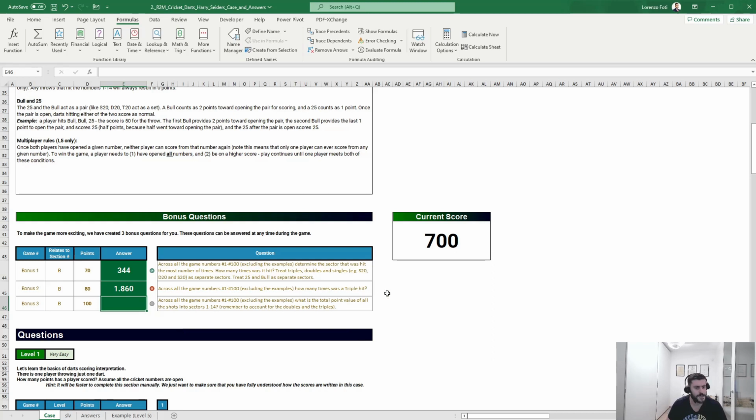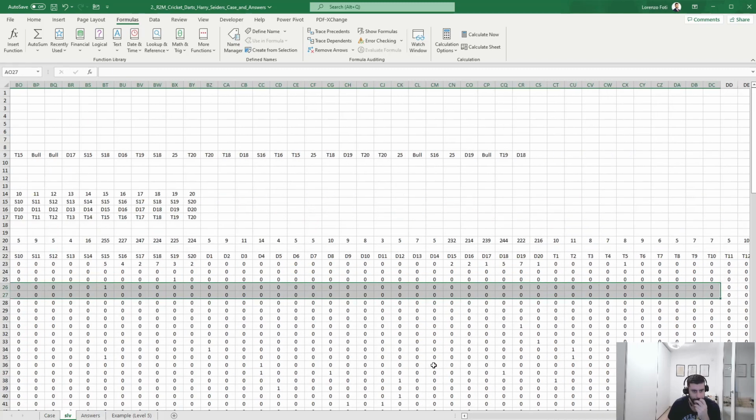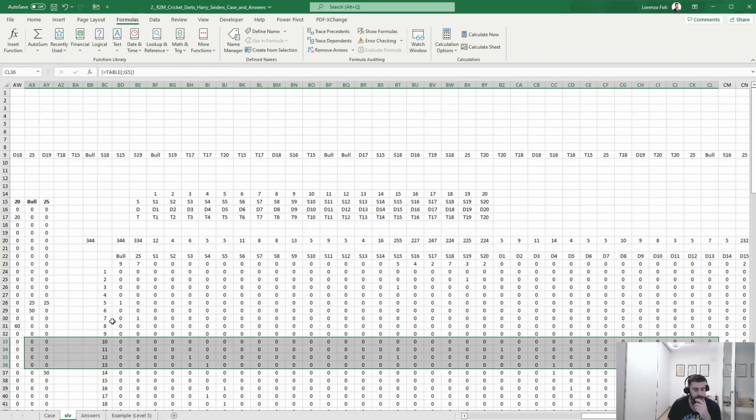Total point value of all the shots into sectors 1 to 14. Remember to account for doubles and triples here. Honestly, I answered 0 because according to the rules, 1 to 14 should score 0, but understood later that it's basically asking to override the rules. Basically, 1 to 14, it will be